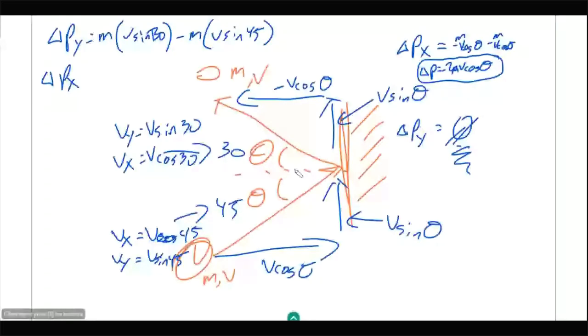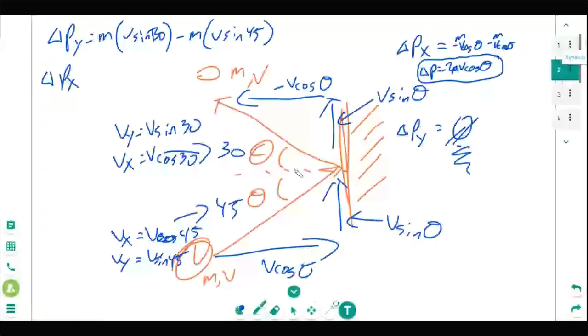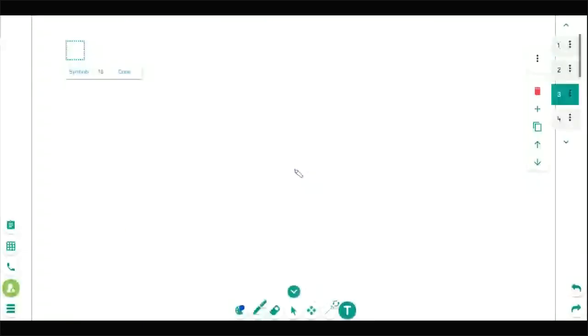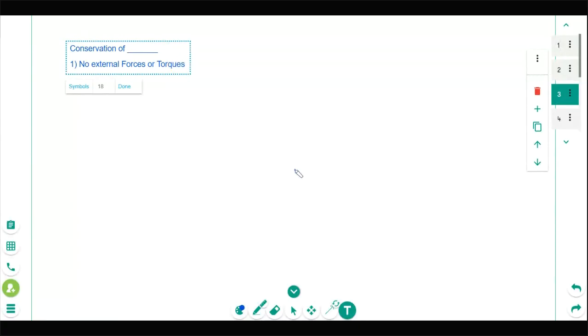Okay. When we are asked to derive speed, do we go to conservation of energy? And when do we do conservation of energy? Okay, so let's talk about conservation laws in general here, and when we can go to them or not. So let me make a new page here. All right, so in general, conservation of blank. Okay, first off, when we're talking about conservation of energy, we have to make sure that there are no external forces or torques acting on our system.